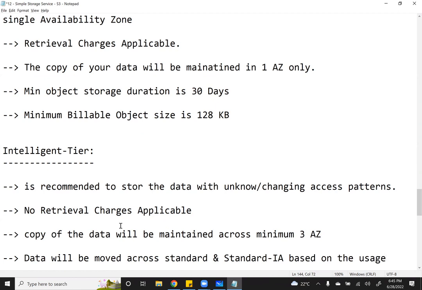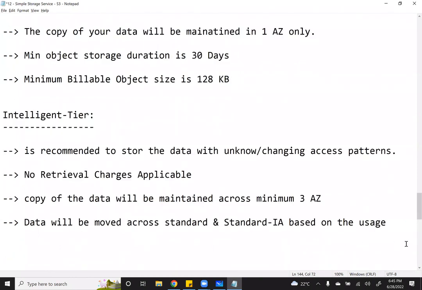If the object is regularly used, then it will be maintained in standard. If the object is not accessed in a month, then it will automatically be moved to standard IA. And no minimum storage duration,